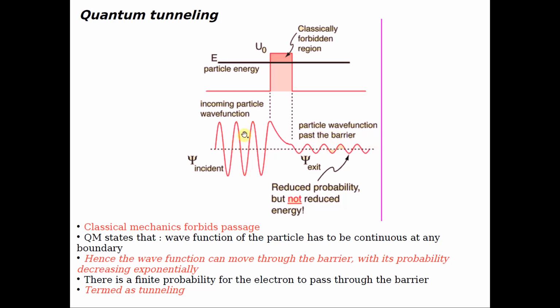This process is called tunneling. Basically it is like the electrons are trying to tunnel through that barrier. They are pushing, trying to move through the barrier. But at the end you see that the amplitude of the wave decreases when it reaches the tip. But obviously, yes, they do reach. We do see the wave on the other side. That obviously means that it has reached, but the amplitude is reduced. So this is known as tunneling.